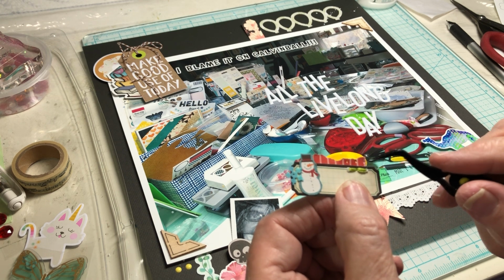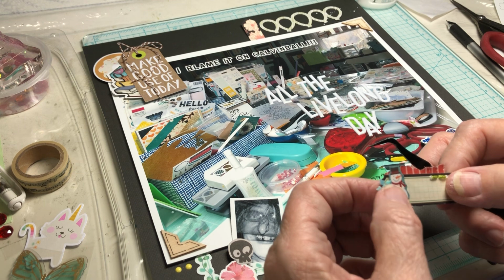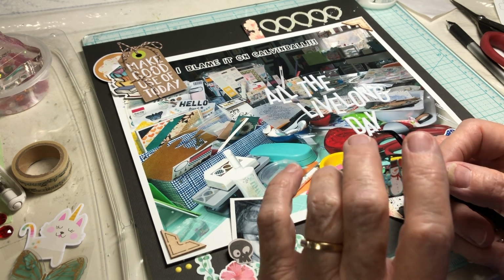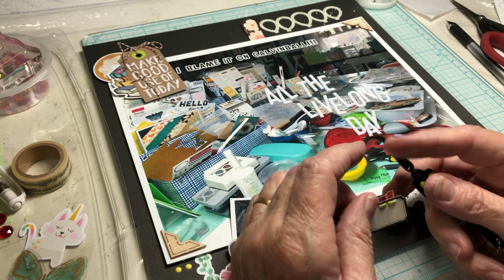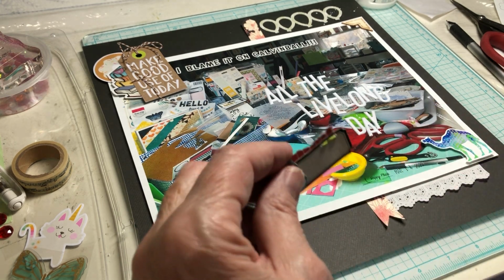Some striped pattern paper. We have a snowman and a snowflake, and sequins. So that snowflake is a sequin, and I wouldn't have to use any other sequins. We'll see if I want to. This could go...